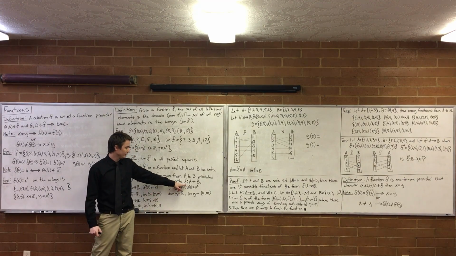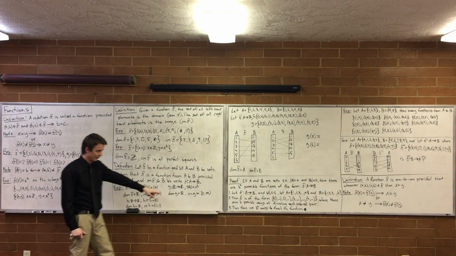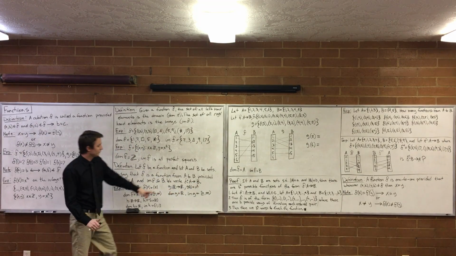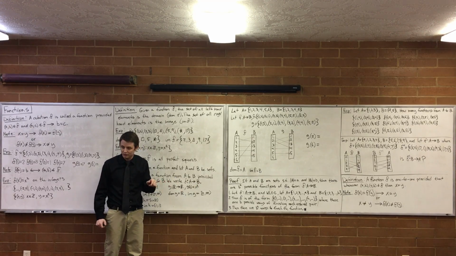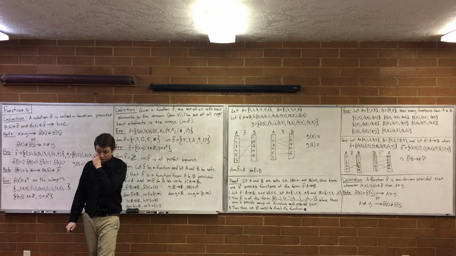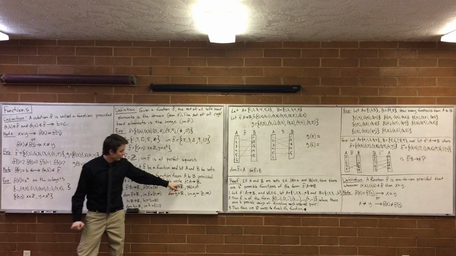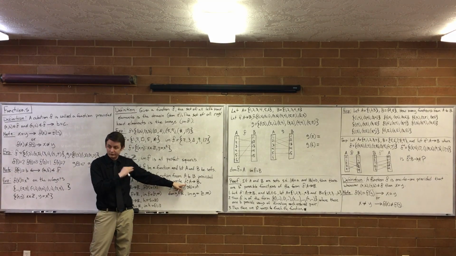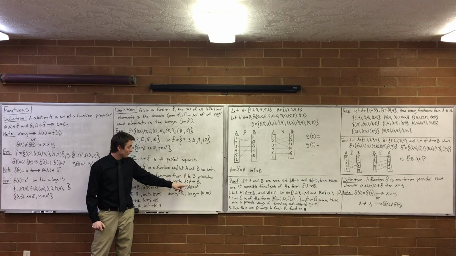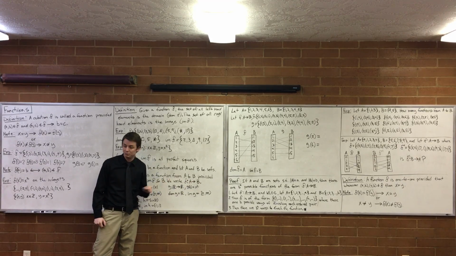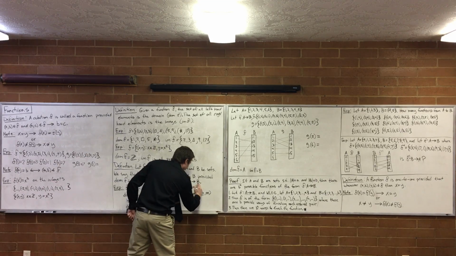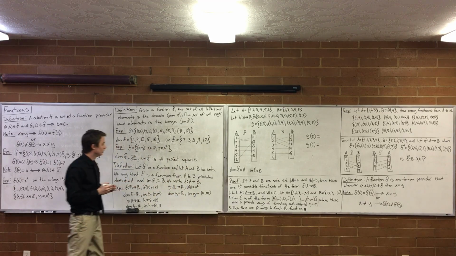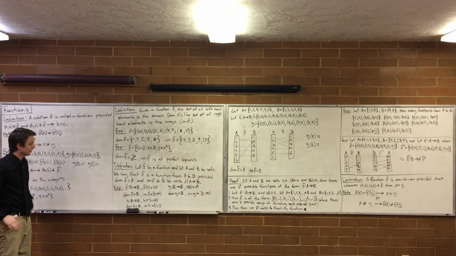So f is a function from A to B is how you read that. And what does that mean? That means the domain of f is all of A, and the image of f is a subset of B. So the function is spread out through A and B. If I were to take all its left-hand values, I would get A. If I were to take all its right-hand values, I would get a subset of B. Maybe all of B, maybe only one element of B. A subset of B, not B itself. I could get B, or I could get something that's a subset of B. So we'll see examples of when these things happen.